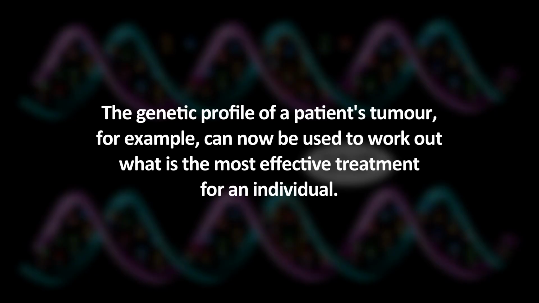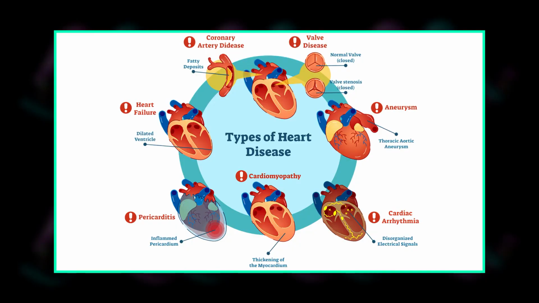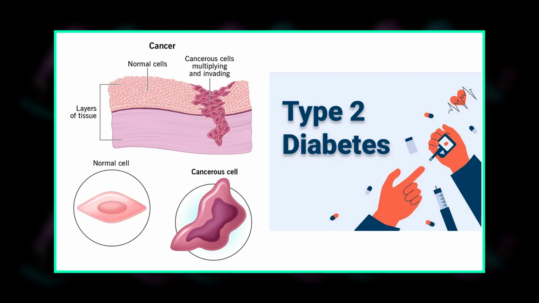The genetic profile of a patient's tumor, for example, can now be used to work out what is the most effective treatment for an individual. It's also hoped that in future, knowing the sequence of a person's genome will help work out a person's predisposition to certain diseases such as heart diseases, cancer and type 2 diabetes, which could pave the way to better